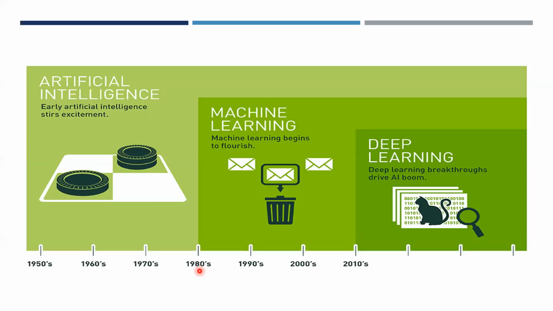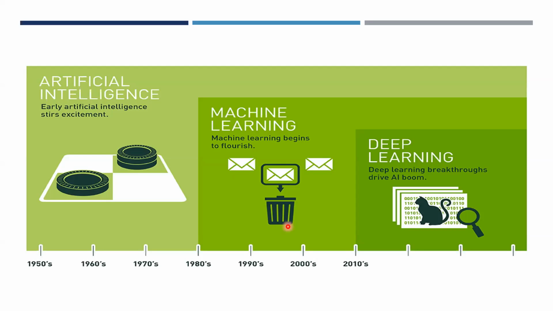From the 1980s, machine learning and some of the algorithms associated with machine learning became a little more popular. We can say that machine learning is a subset of artificial intelligence, where you are trying to use statistical methods to model data and infer meaning from this data. There were many techniques, and from the 1980s, machine learning and some of the works related to it started coming out.